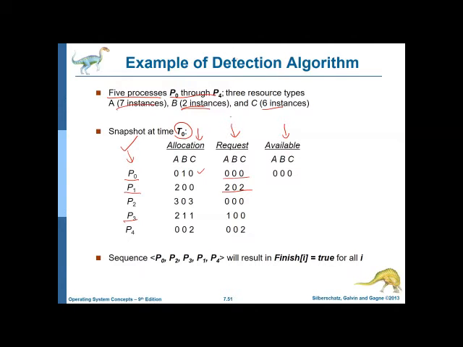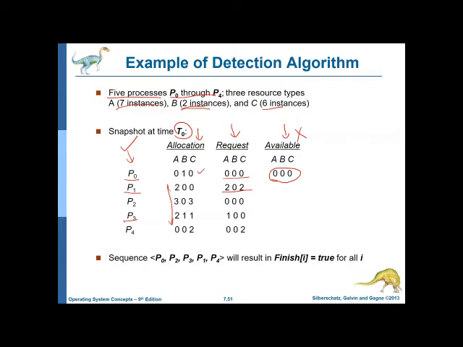Okay, so that is the basic idea, and similarly for every other process. What is the available number of resources? 0, 0, 0. Why is that? Suppose the available is not given in the question paper in the exam, you can find it out yourself also. How do you find it out? You just have to add this column-wise.